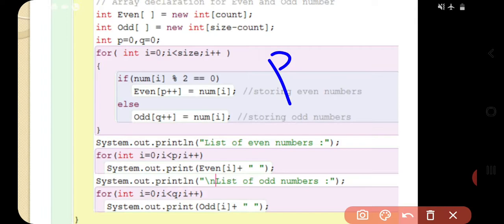Why am I using postfix? Firstly, the value of P is 0.